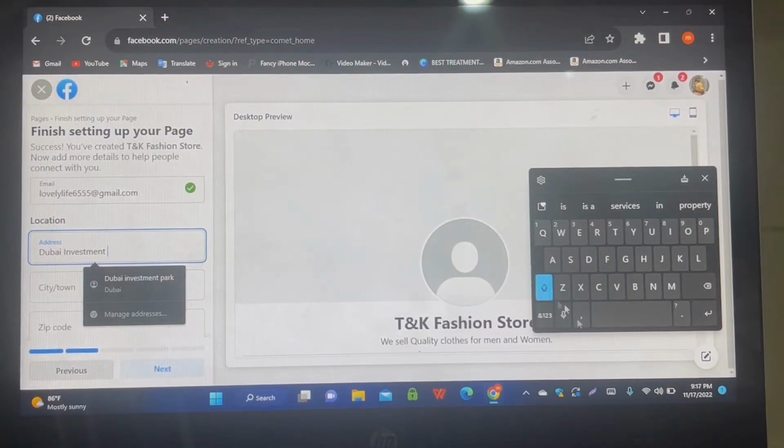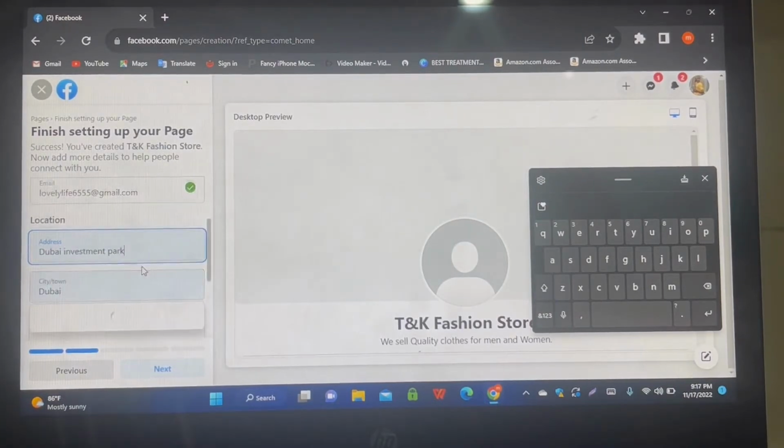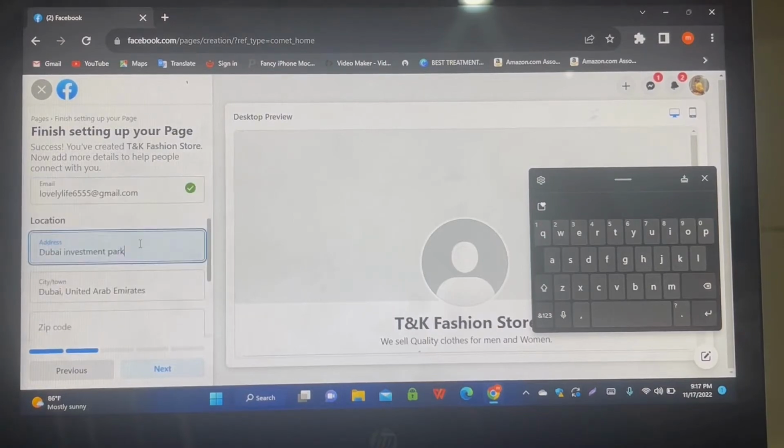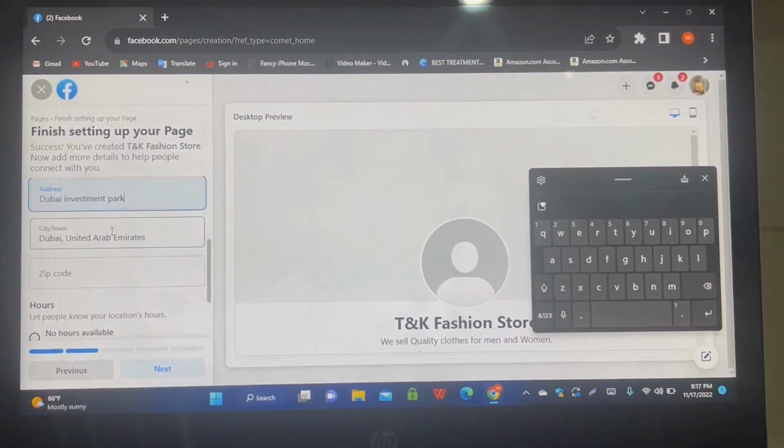You can just choose. From here you see the address, Dubai Investment Park, the city and town, Dubai, United Arab Emirates, the zip code